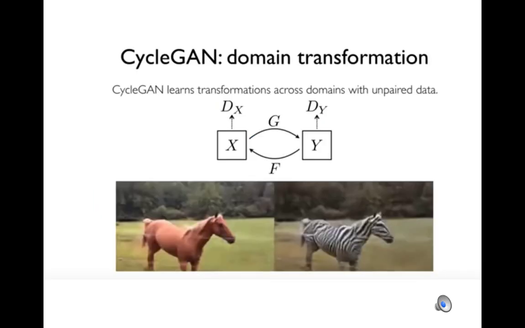There is a very interesting case which is also called CycleGAN, which works between two domains. We see that we have a horse and we have a zebra, and the question is whether we can generate a horse which has the pattern of a zebra. So what it does is it starts from a particular domain, generates in that domain, and then puts the result to the discriminator of another domain,